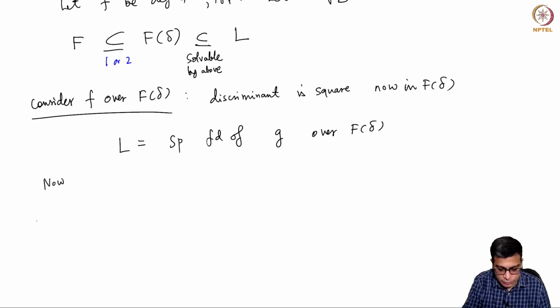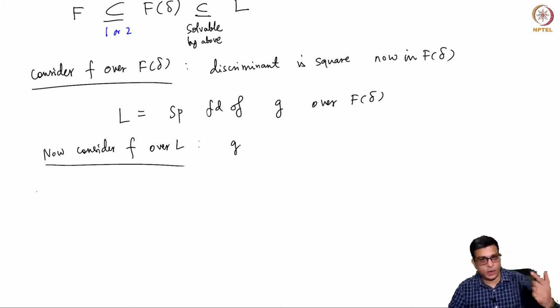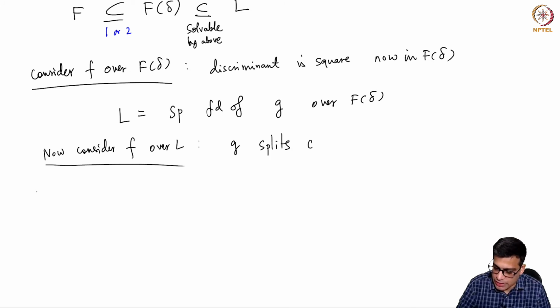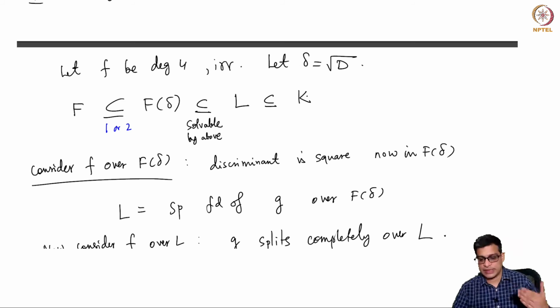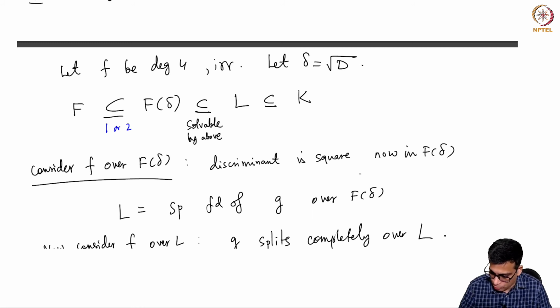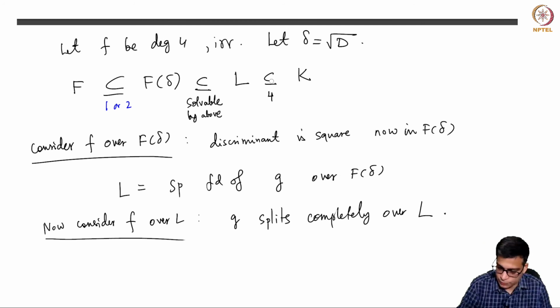Now consider the same polynomial f over L. Now the point is the resolvent cubic G stays the same. Again, f is the same f, and the resolvent cubic is the same. So G splits completely over L. Right? So now you can consider the splitting field will be the same, capital K. Along the way you have to add delta to get roots, and beta 1, beta 2, beta 3 are all in K. So all of this is happening underneath K, and this is degree 4.